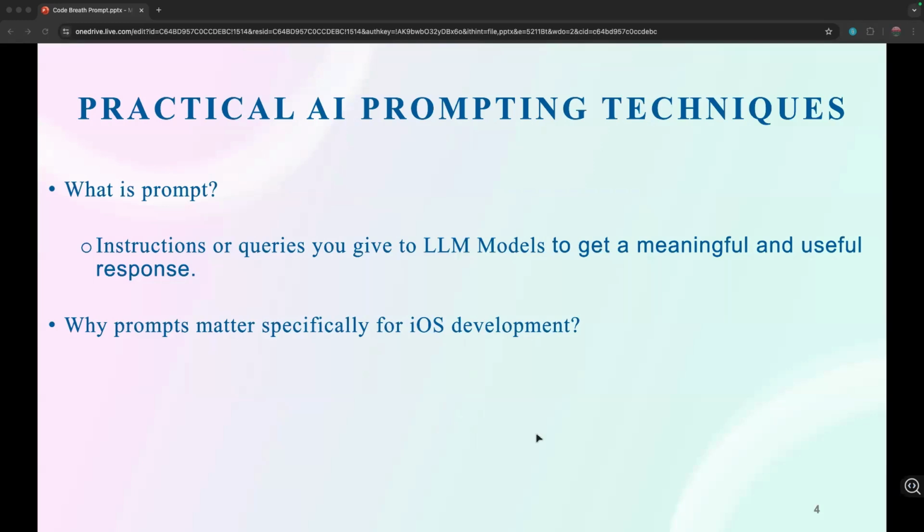So let's begin with practical AI prompting techniques. First of all, what is a prompt? A prompt is just plain English language, an instruction or query you give to LLM models to get a meaningful and useful response. Why does it matter to iOS development?